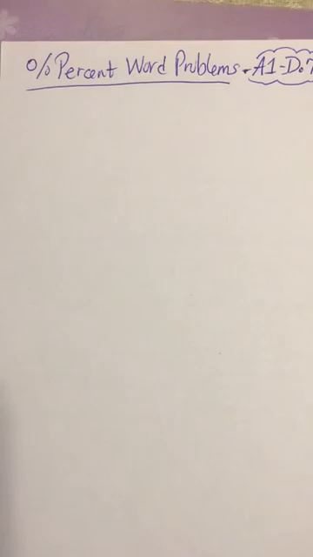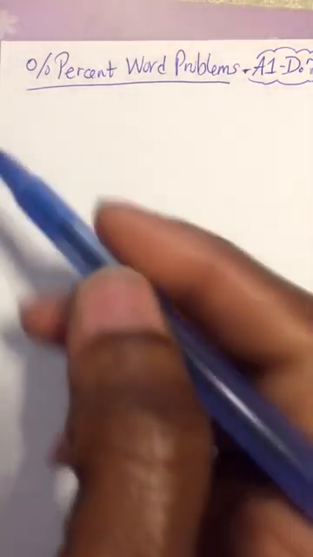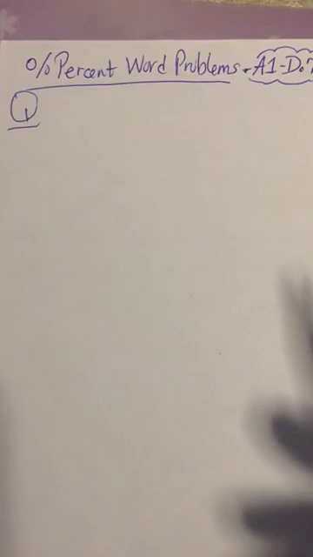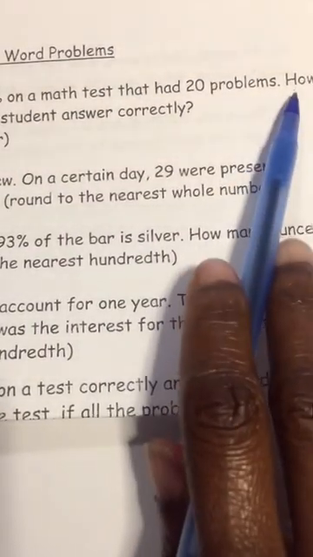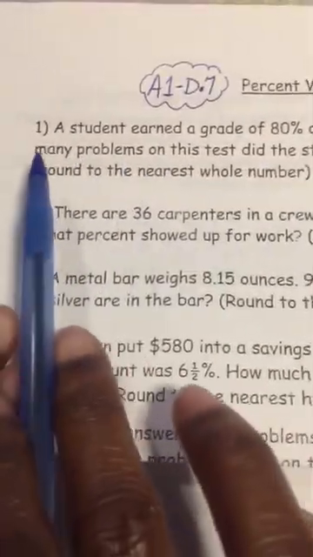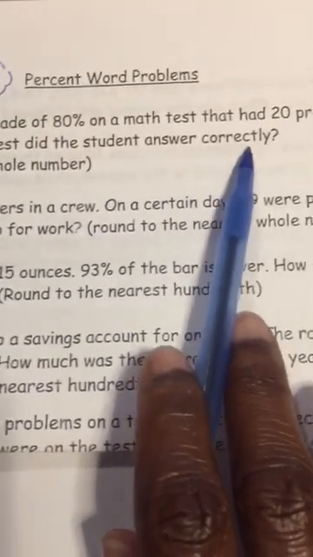All right, with any word problem, you know that we're going to use our graphic organizer, QKIPNA. So the first thing that we're going to start with is Q. And Q is, what is the question? So let's go back to the problem. The question is, how many problems on this test did the student answer correctly? So I'm going to abbreviate it, and I'm going to put